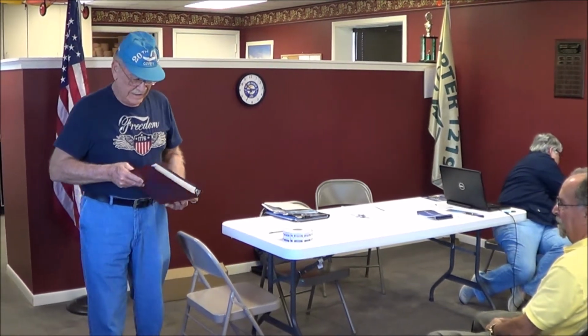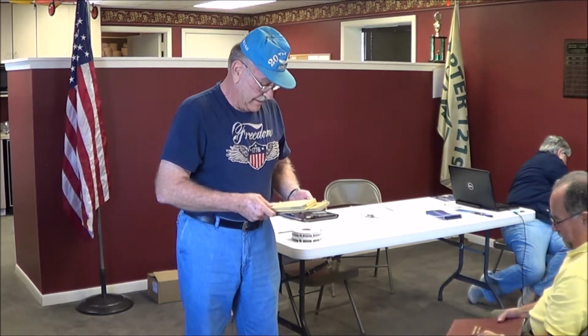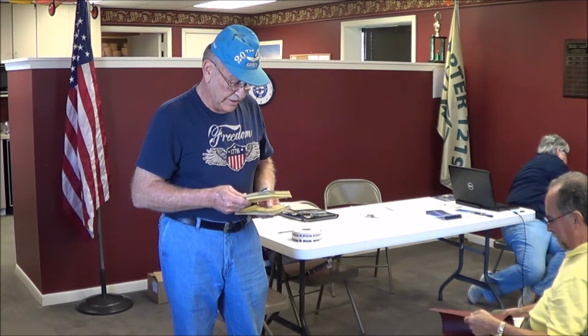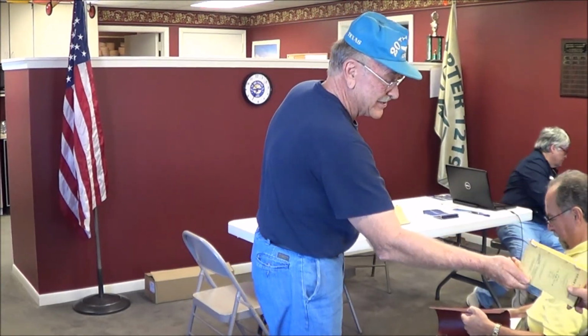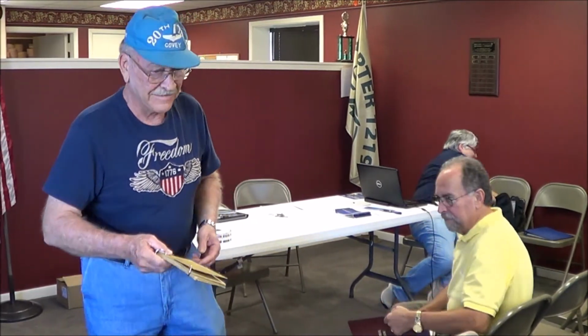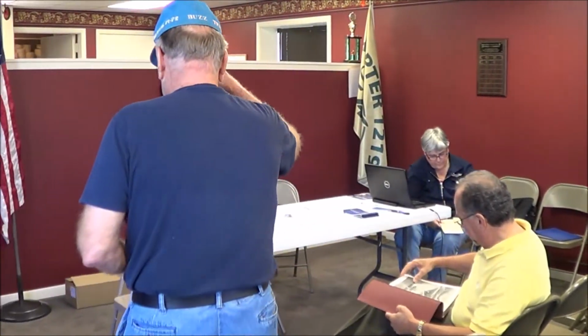This is the flight manual for the T-38. This is the flight manual for an OV-10. And I snuck this one off of a guy down at Ellington one day. He left it sitting in his seat while I was looking at his F4, his checklist for F4 up to E models. Wow, that's kind of interesting. And then the checklist for the T-38. So if y'all want to kind of pass them around and look at them,